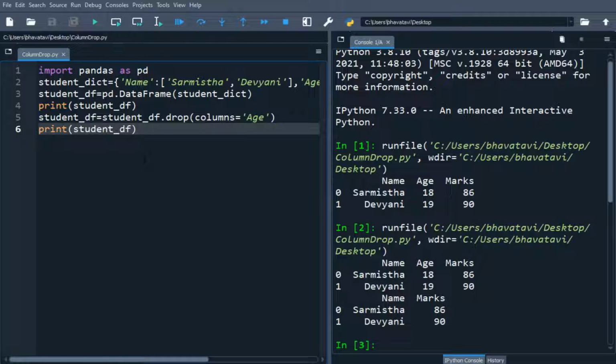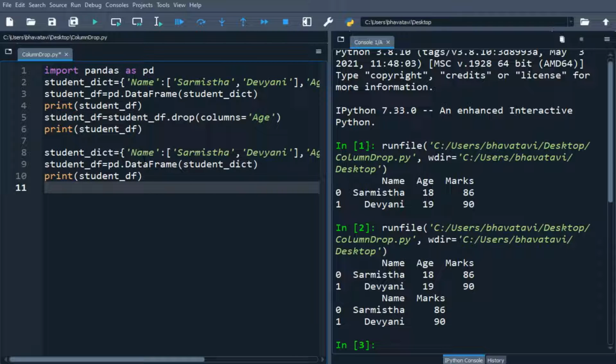So now we'll just drop multiple columns. So let me copy this data and we will drop multiple columns. Okay, so I have copied it, and I will just do that. student_df is equals student_df.drop.